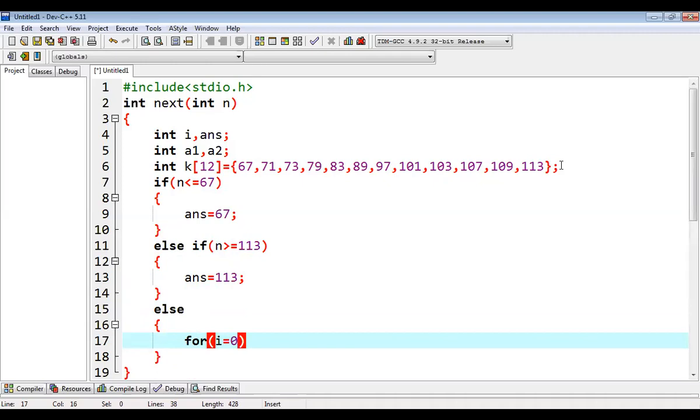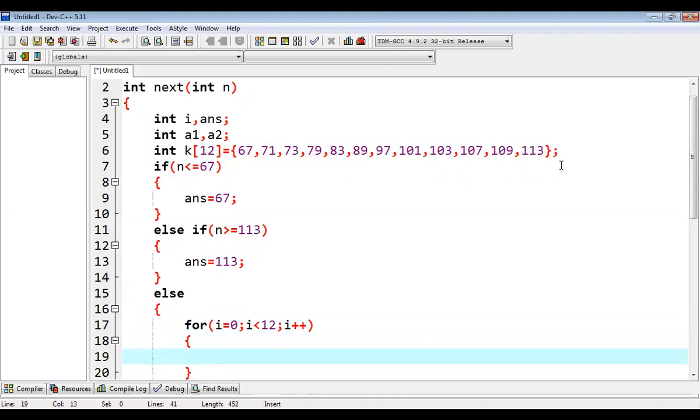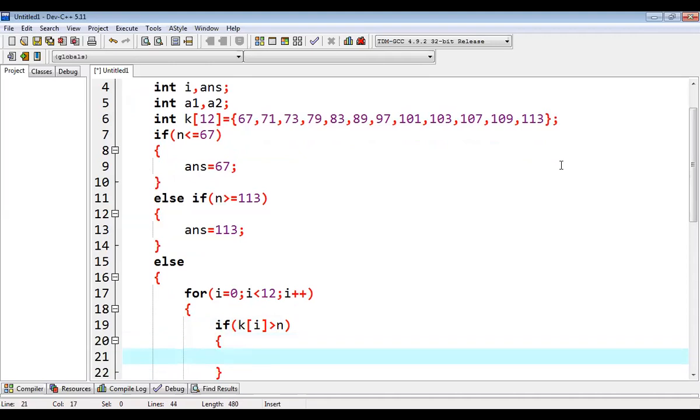So for i equal to 0, i less than 12, and i plus plus, then we'll be calculating the first difference after we get the value greater than, sorry, this will be whatever value we have taken, n, first character prime value and any character prime value. As soon as the value of ki is greater than that, that I was taking the case of Munjal, so Munjal was 77 and we reached 79.